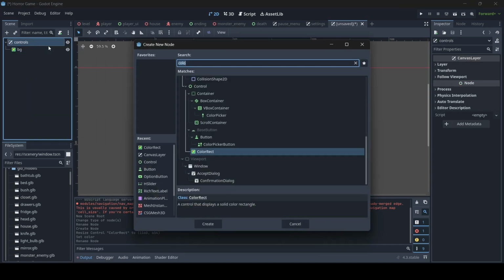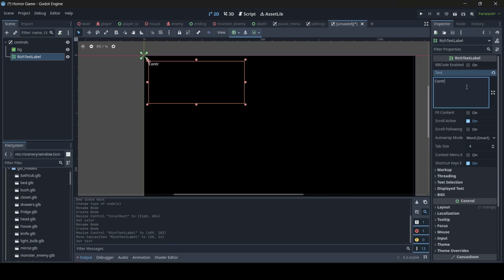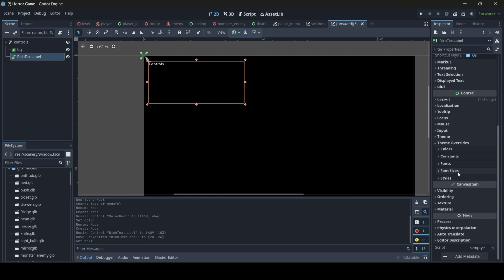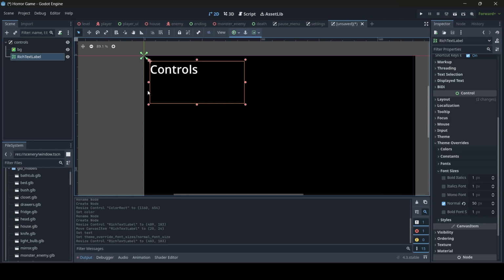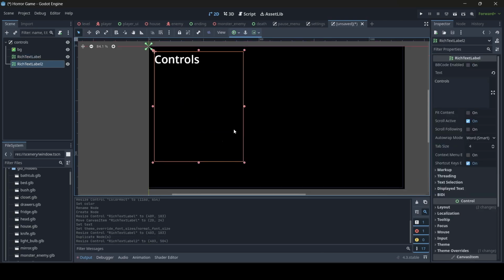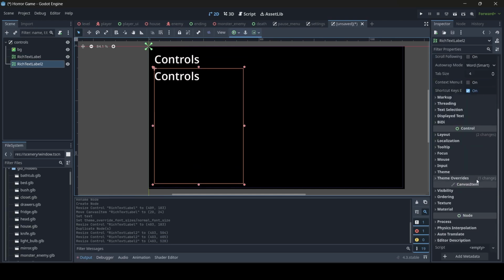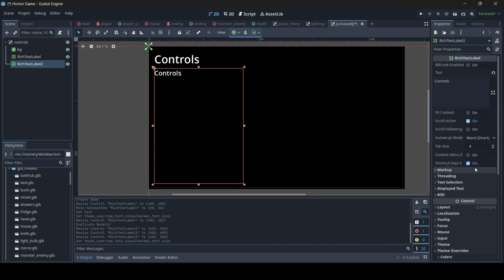And then we're going to add some text. So a rich text label. And we'll just do controls. Just type in controls and then theme overrides, and we're going to set the normal font size, maybe something like 50, and then I'm just going to copy this text, and then we're just going to drag its box down a bit, just like that, and then I'm going to make the font size smaller, so maybe something like 30,